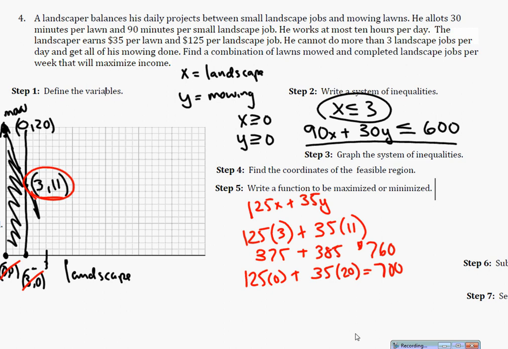Notes part 2. I just want to back up a second and look at where you're at. So we did this problem at the end of the last section, talking about the landscaper. So we looked at the data. We came up with, can we realize what we're dealing with here? So he can only do 3 landscape jobs per day, and he can mow as many times as he needs